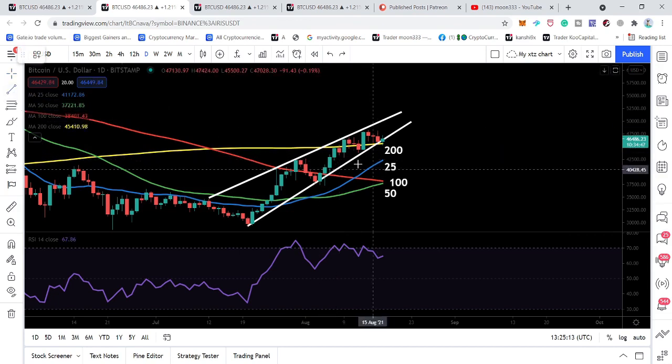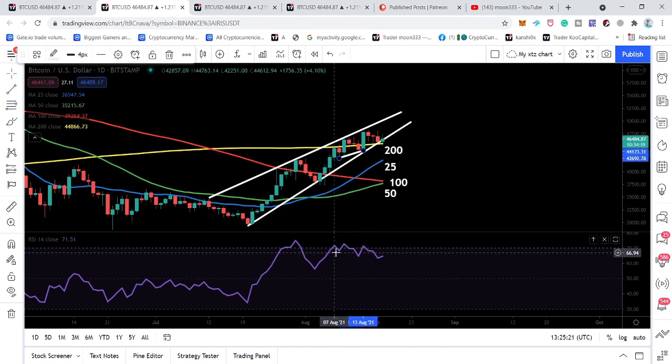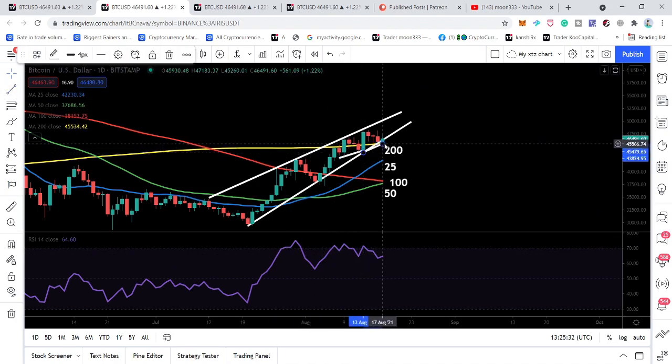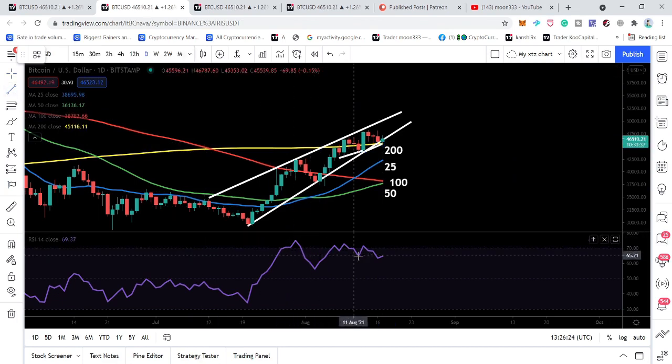You can see that this low is higher than the previous low. Let me place this trend line, then it will be easy for you to watch it. This low is higher than the previous low. Now take a look at the RSI here. We have a lower low than the previous low. Now from here, we have another higher low than the previous low. And take a look at the RSI. The RSI has formed another lower low than the previous low, and this is a perfect hidden bullish divergence